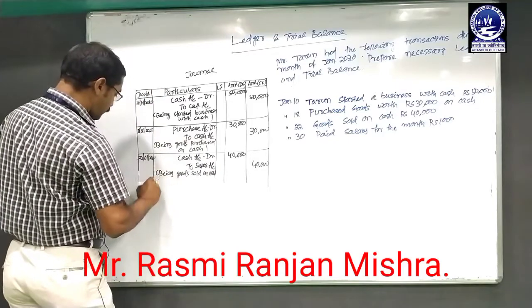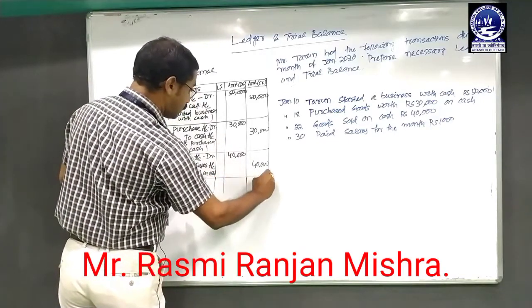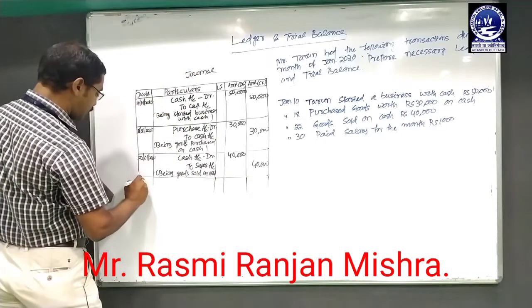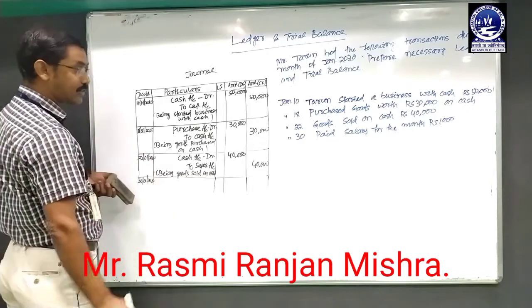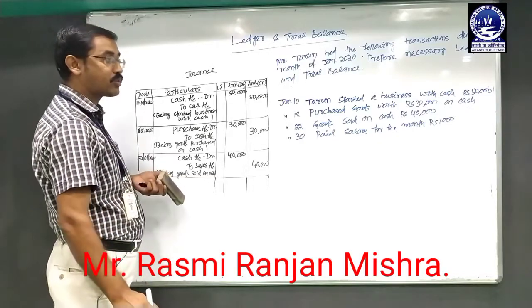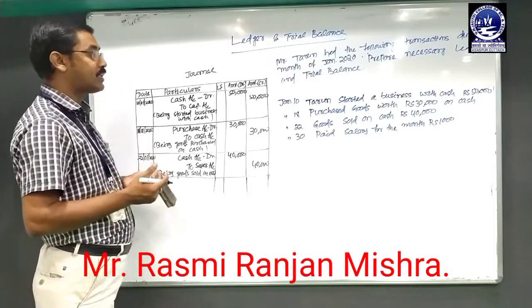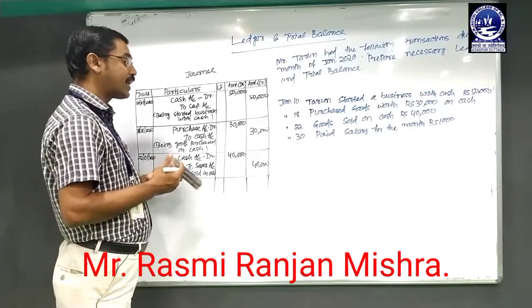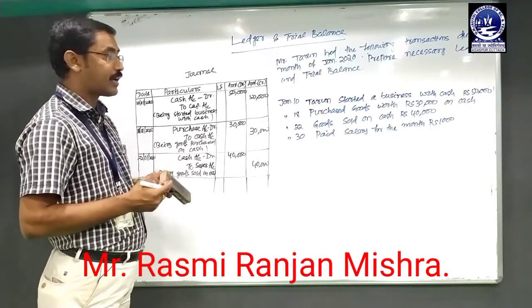So this is also completed, and we are now going to the last transaction, that is made on 30th January 2020, and the transaction is paid salary for the month rupees 1,000. So salary paid in the form of a cash. Salary is an expenditure. Being an expenditure coming under nominal account, the rule is debit all losses and expenses.